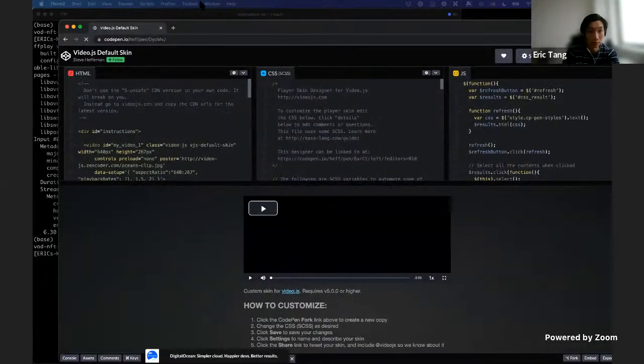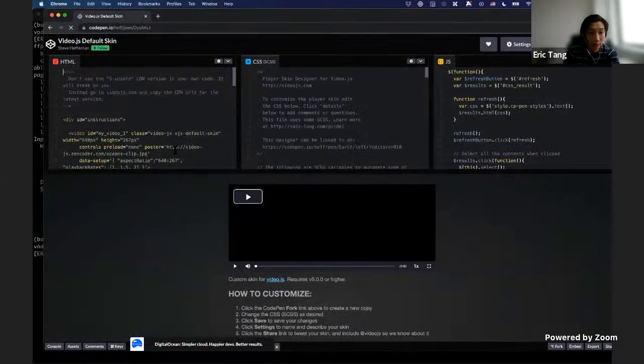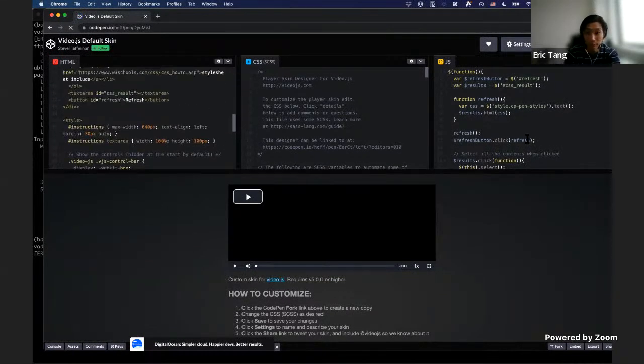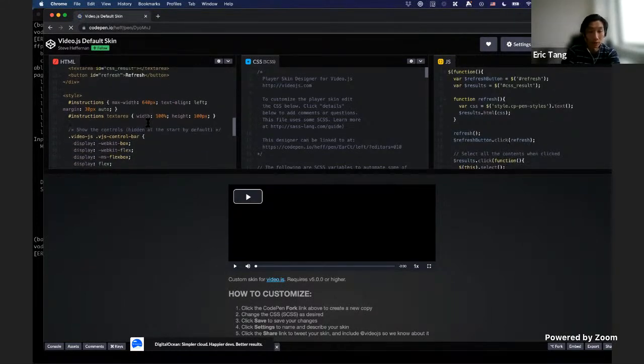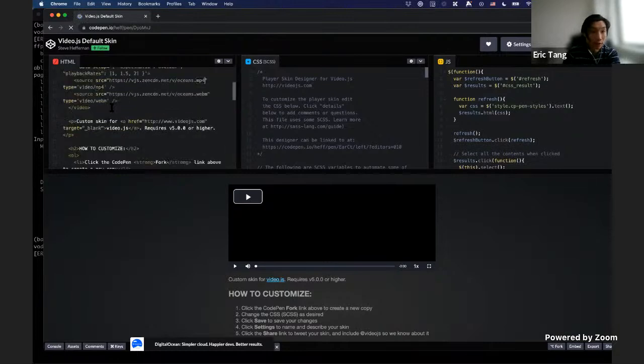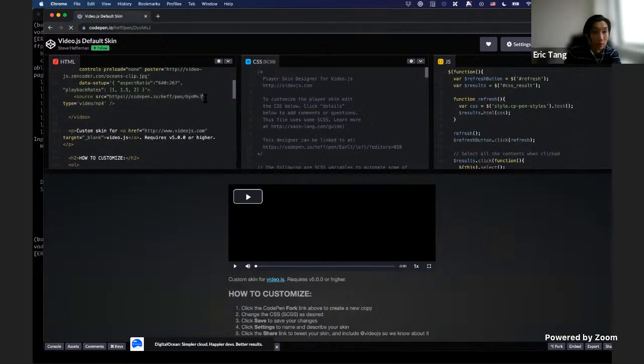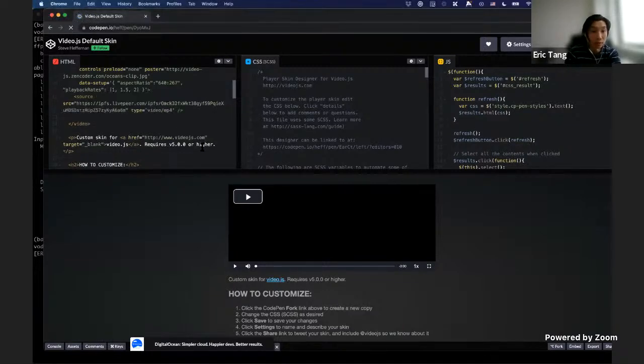So what I can do, for example, is to play back this video in a browser. Here I have a CodePen. This is just a really simple video player inside video.js. What I can do is find this source and replace this source URL with the URL of the video that I just uploaded into IPFS and using Livepeer to transcode it.